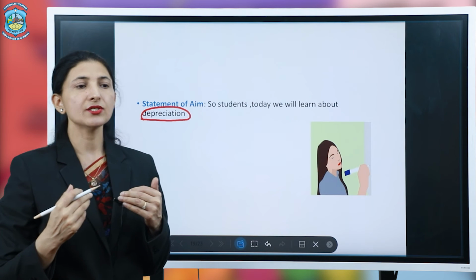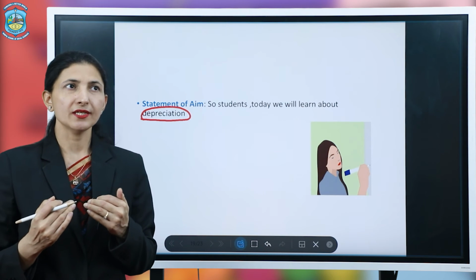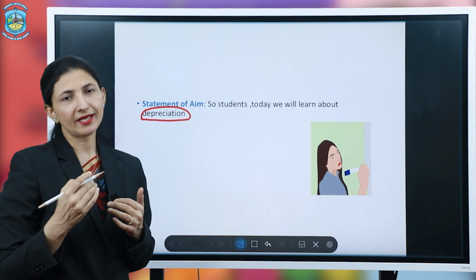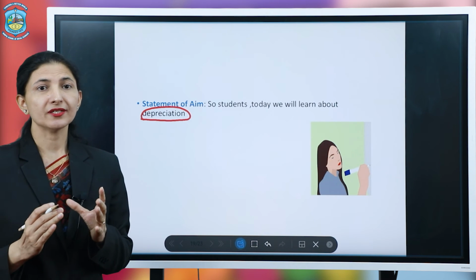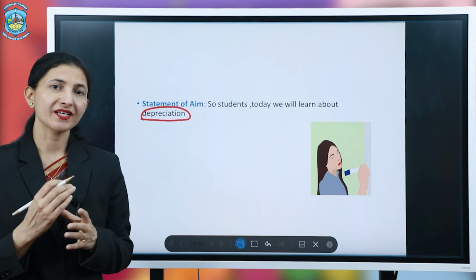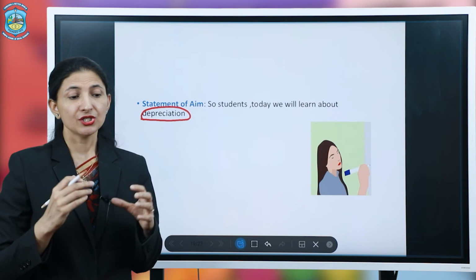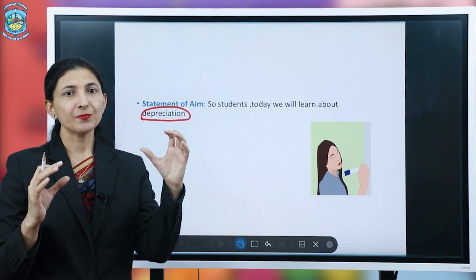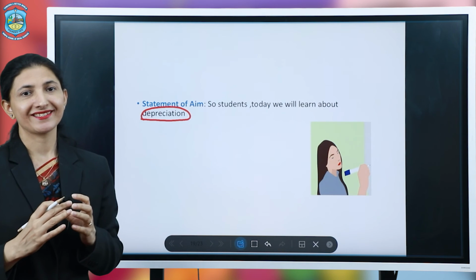So when a teacher comes in the class to teach a new topic, she should not directly write the topic on the board. The right way is she should introduce the topic in the class in a very interesting manner, that she should try to link the previous knowledge of the students with the new knowledge.